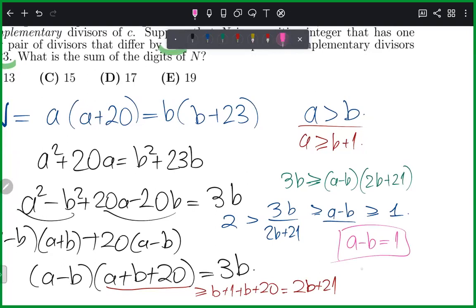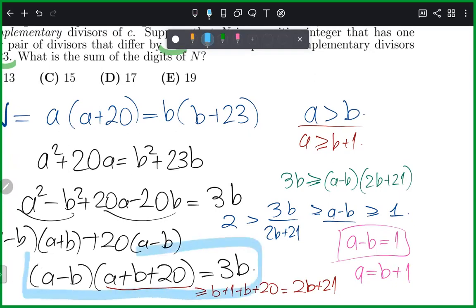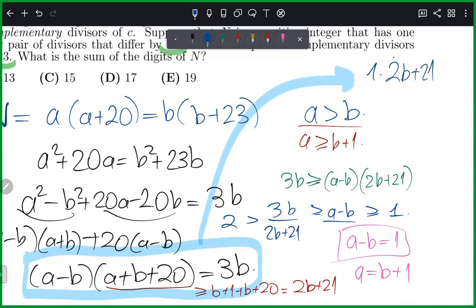Let's substitute a equals b plus 1 back into the equation that we got here, the one I just marked in blue. We substitute it and get 1 times 2b plus 21 equals 3b. From here, let's solve for b. When we do it, we get b equals 21 immediately. And then the number is